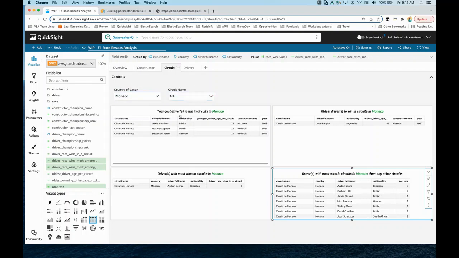already selected by default. So I have this table showing the youngest driver to win in circuits in Monaco. Basically, the circuit name, which is a parameter, is passed into this table title, right? Similarly, I have three other tables: oldest driver to win in circuits in Monaco, drivers with most wins in circuits in Monaco, and drivers with most wins in circuits in Monaco than any other circuit. So all four tables within my sheet in this QuickSight dashboard, I'm controlling using these two parameters. Now these two parameters have already been set, so I can't show you right now how they are set,